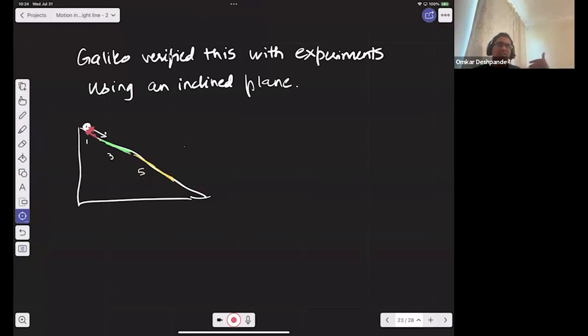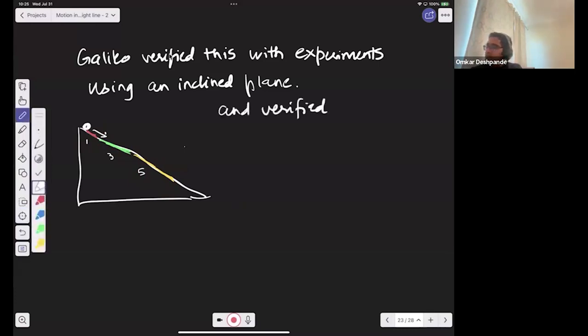Or alternately, check where the ball is after the first second, measure that length, check where the ball is after 2 seconds, measure that total displacement, measure where the ball is after 3 seconds, measure the total displacement there, and verify that the ratios of those displacements are 1 is to 4 is to 9 and so on. This is what Galileo did, and verified these ratios,